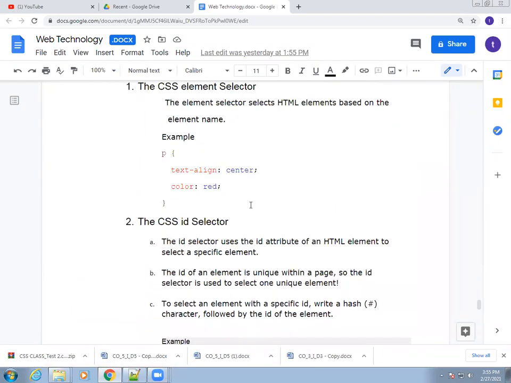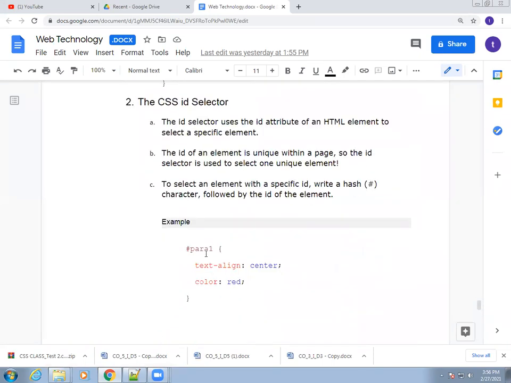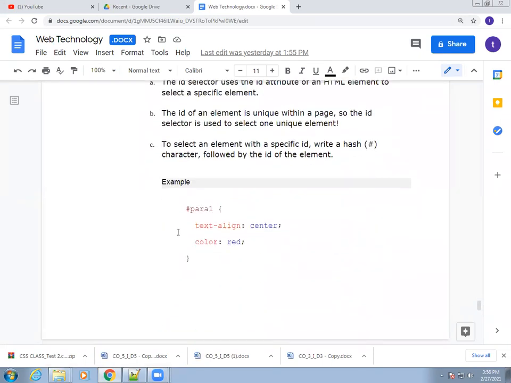Previously we saw those two selectors: the element selector, which selects an HTML element based on the element name, and the ID selector, which we initialize with the hash. For example, if you use a paragraph, you give that paragraph an ID name, and you use this name with a hash.